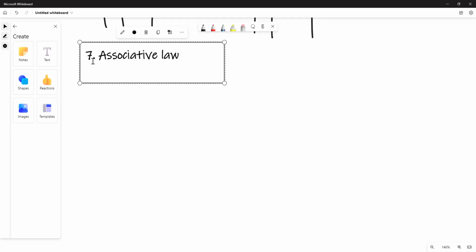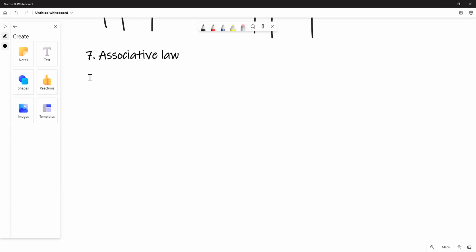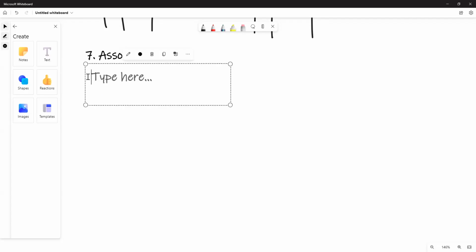The seventh one we call the associative law, which means we have two forms. So what multiplicative form means, if you have three variables, let's say A dot, let's say B dot